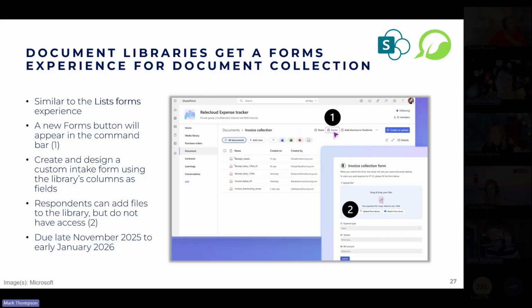This is really nice. I love the lists one. This is great. Yeah, I just this week I've created one for lists for quite a detailed government project, just to help streamline the communications. And one of the things that we do as well, Veronica, on that list is that we set up a rule that when something comes in, with that particular list, we have a little bit of Power Automate that looks at the list. The person fills in the form, it comes into our list. Little Power Automate then looks at the list. It then nicely formats the person's responses and then pushes it into Microsoft Teams, so the team is aware that a response has come in,